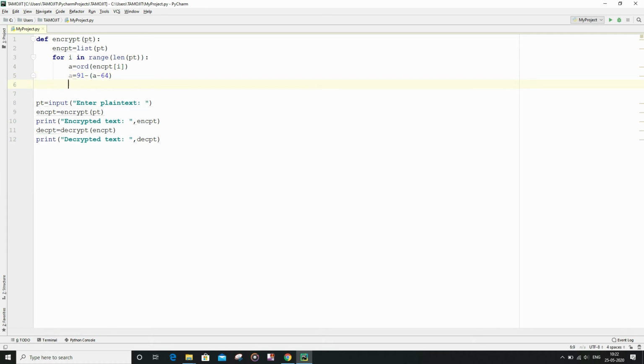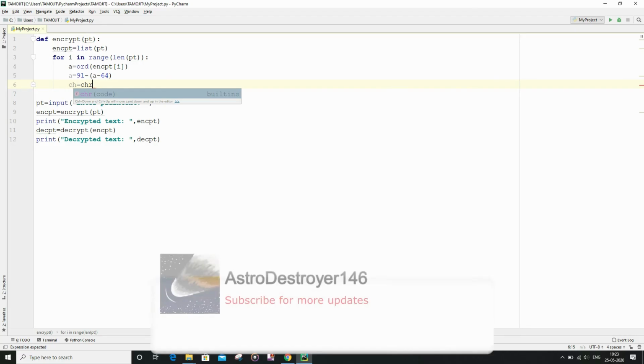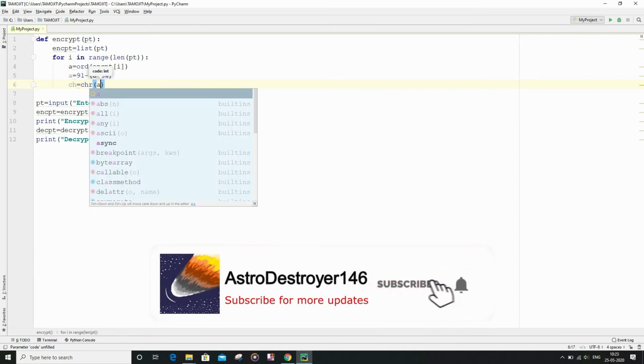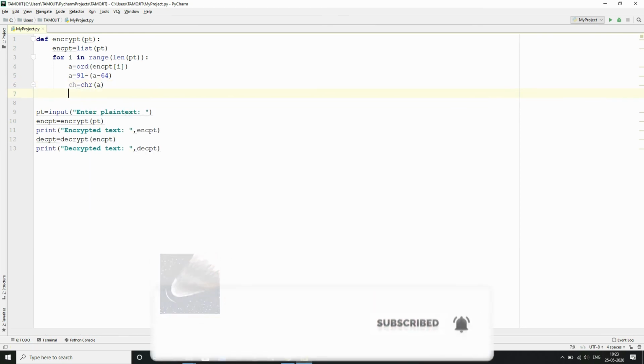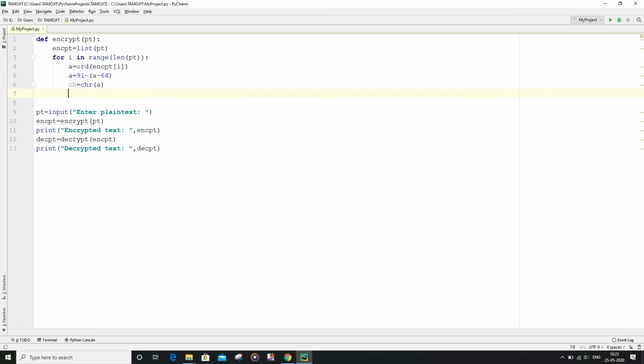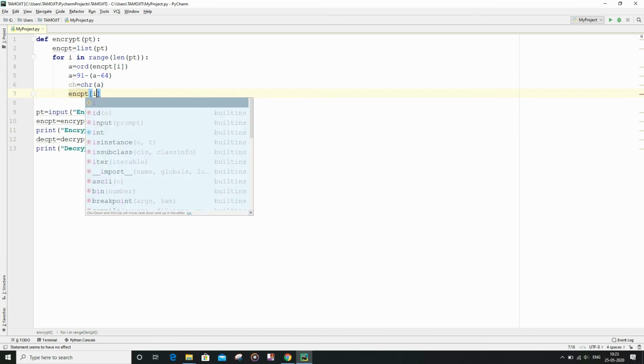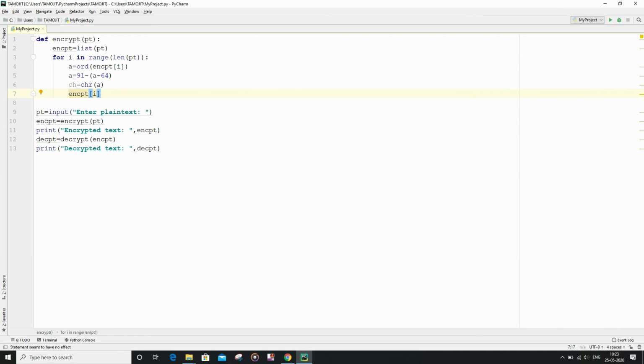And after that, I am going to convert the modified ASCII value back to the character equivalent. So for that I am going to use chr and then pass a. And after that I am going to place the modified character in the original place of the original character in the encrypt list.